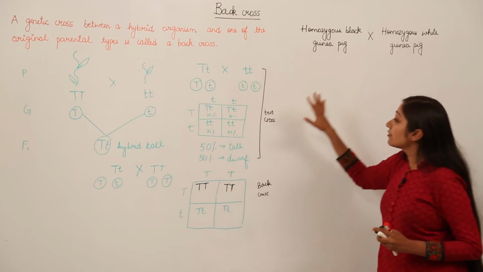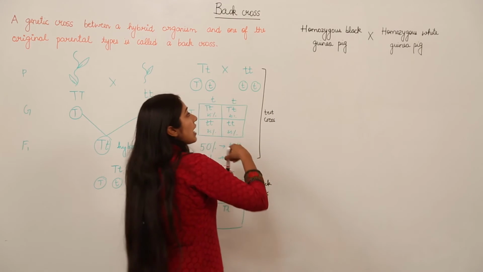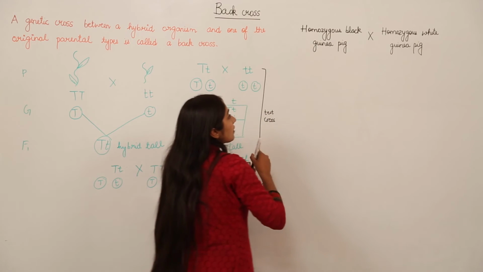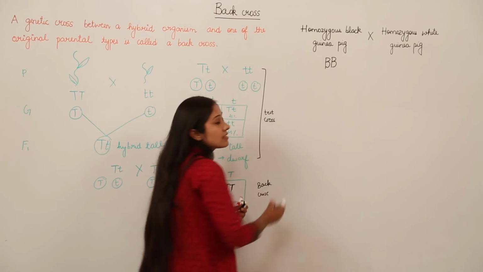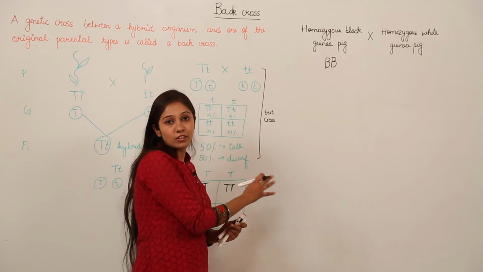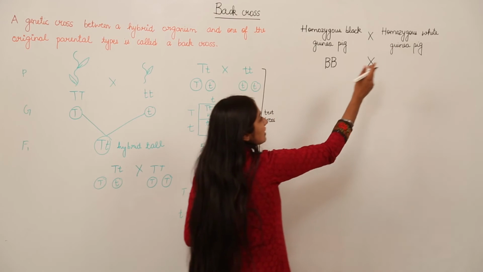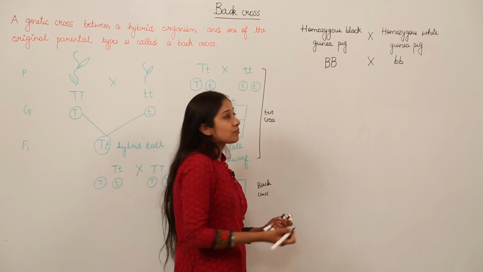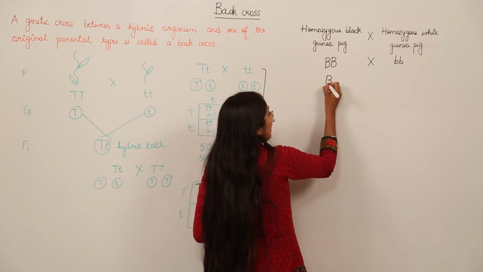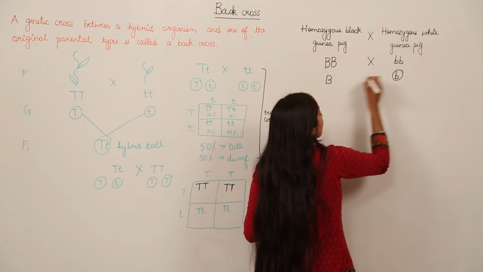Okay. So next we can have an example in the case of guinea pigs also. Let us start with this. If we have a homozygous black guinea pig, this is the dominant one. As you can see, we're doing a back cross, and we're going to cross it with a homozygous white guinea pig. So what is going to happen? We'll have the gametes. We can have only this type of gamete, and from this side we can also only have this type of gamete.